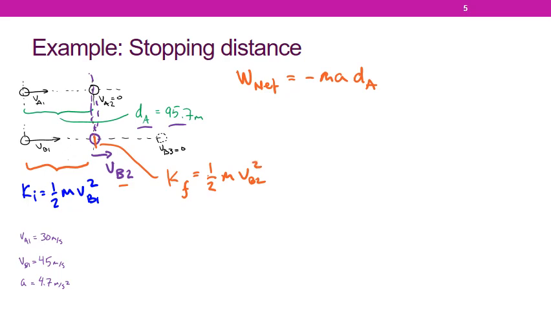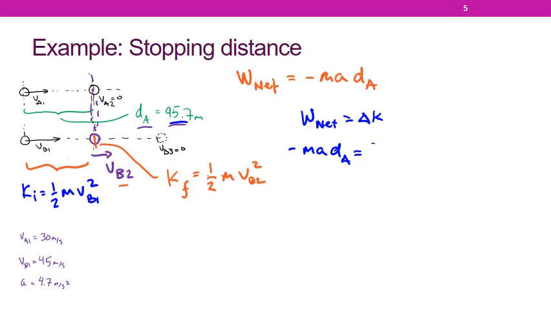And if I put this together, remember I'm using the net work is equal to the change in kinetic energy. So minus my mass times my acceleration times this 95.7 meters is equal to,